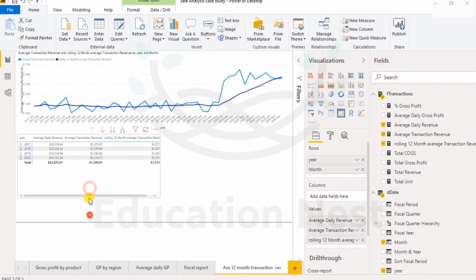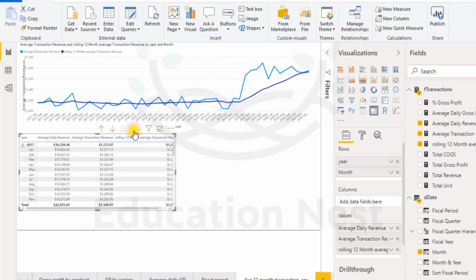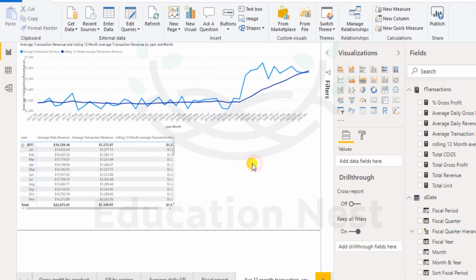Now I want to represent both year and month. For that I will select the table and click on expand. It will show me all the year-wise, month-wise data of average daily revenue, transaction revenue, and 12-month average transaction revenue. Let's add one slicer,